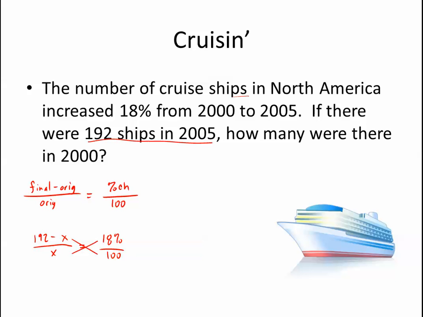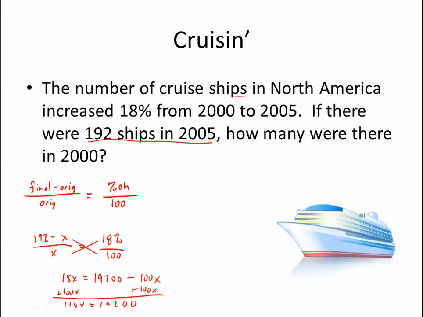So I'll go ahead and do that. So I'll have 18x equals 100 times 192, which is 19200, minus 100x. I'll go ahead and add the 100x to the other side. And I will have 118x equals 19200. And I'm going to go ahead and just divide that on my calculator, which I have right here. You can't see it, but I'm doing it right now. You shouldn't believe me. You should be doing it on your calculator right there. And what I get is